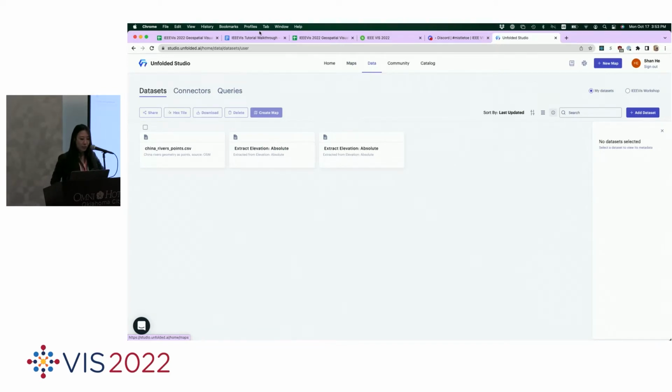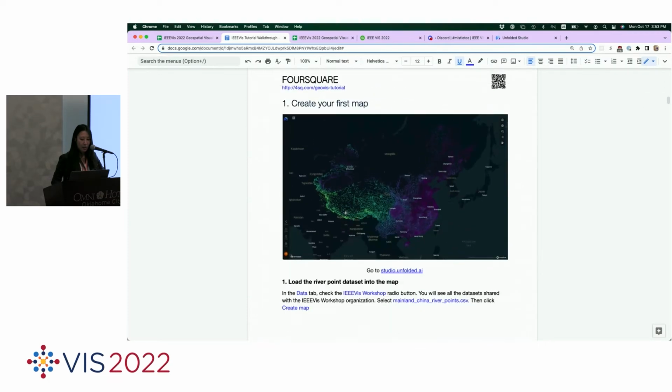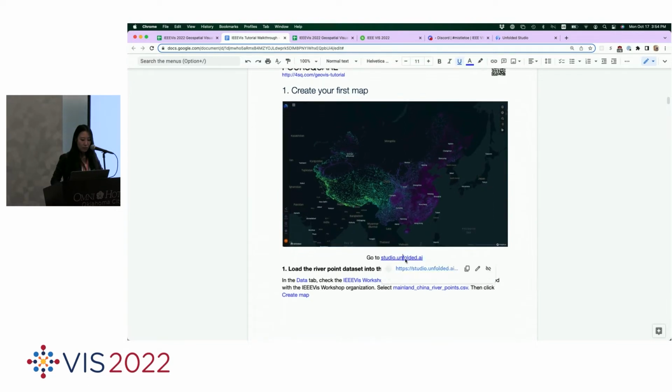So the first part of the workshop, I want to do a simple map creation. This is a map that draws all the individual points of a river and spatially joins it with elevation datasets, which come in from HexTile. So for the first step, we can go to